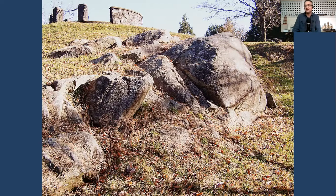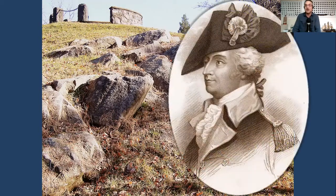The British considered Stony Point an important part of their strategy. The Royal Navy already controlled the Atlantic Ocean, and they figured if they could also gain control of the Hudson River, they would basically be dividing the colonies in half. They would separate New England, where the trouble started, from the rest of the colonies, and maybe bring the war to a quick end. So that's why in July, George Washington sent a force commanded by General Anthony Wayne to